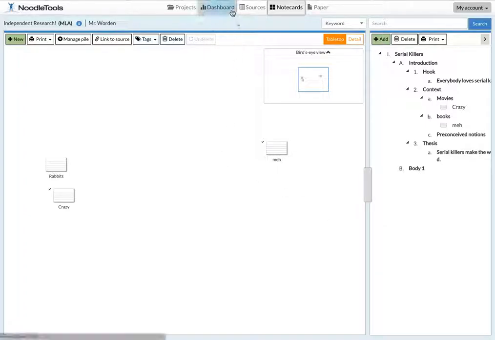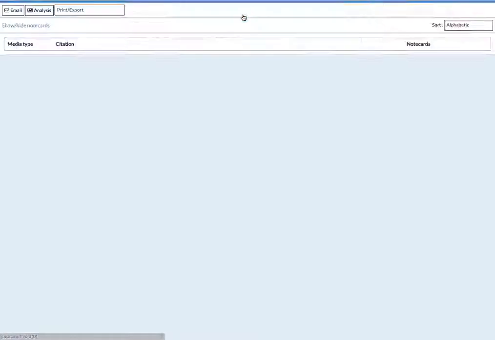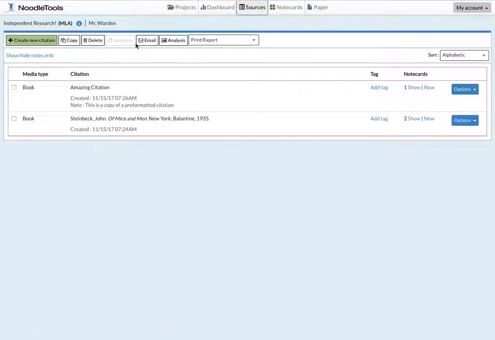Final thing. You can export your whole outline if you want, only or with the note cards. You can also export your Works Cited page. So I go back to sources. Once all my sources are put in there, I go to print export, export to Google Docs. And what that'll do,